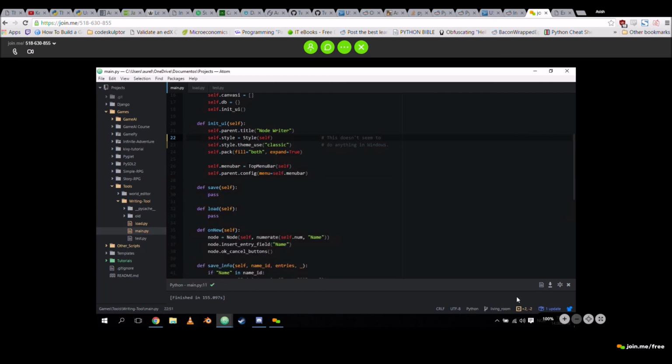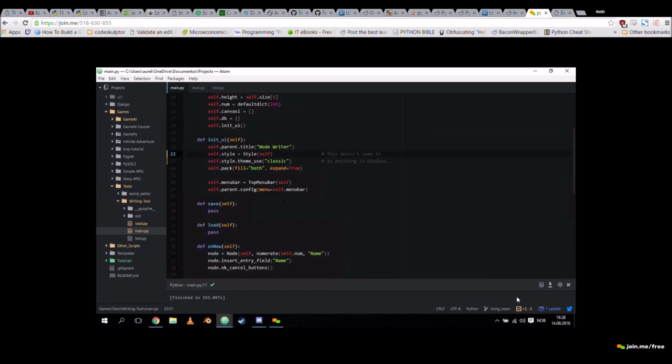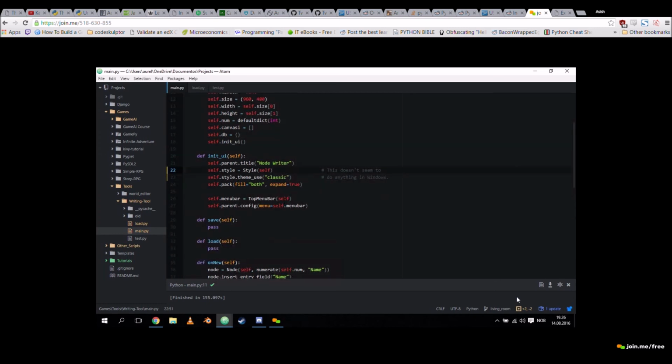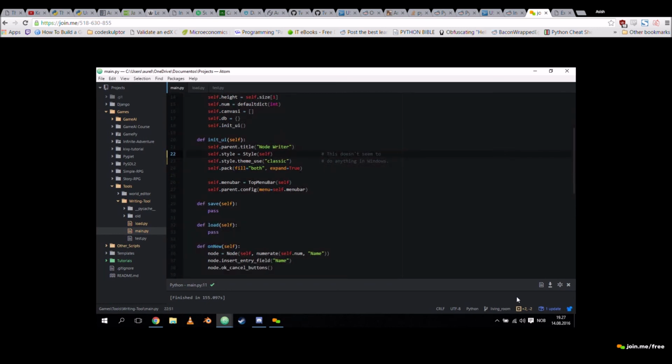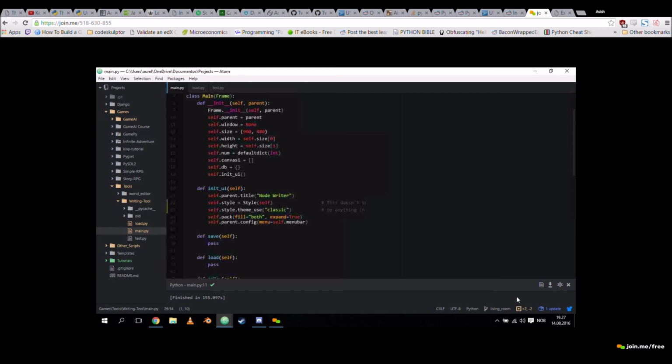Does it have your save and load functions? Yeah, I haven't done that yet. Eventually, the thing needs to save and load, obviously. Right. So here I have the menu bar, and that's the last thing that I moved in. Before, there was a bunch of information about the menu bars. So let me show you.